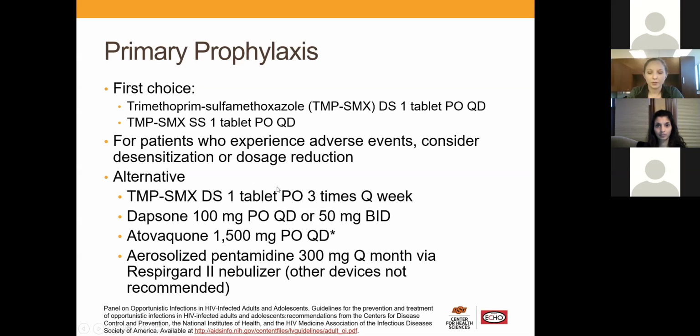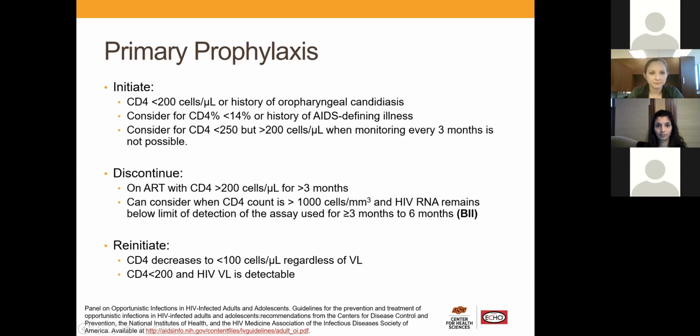Obviously, if their CD4 count does drop to less than 200 with a detectable viral load, so this would, I think, most likely happen in somebody who's non-compliant, falls out of care, you want to restart, or if their CD4 count decreases to less than 100 regardless of viral load. And so I think this again speaks to the power and the importance of viral suppression in prophylaxis,